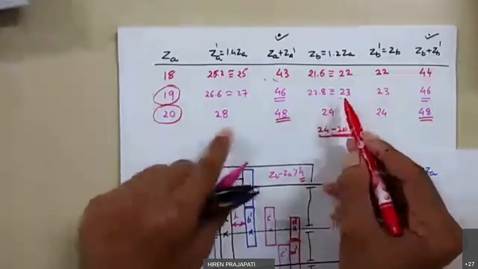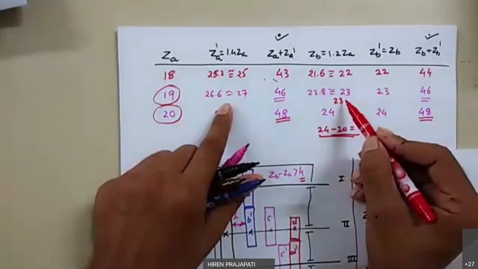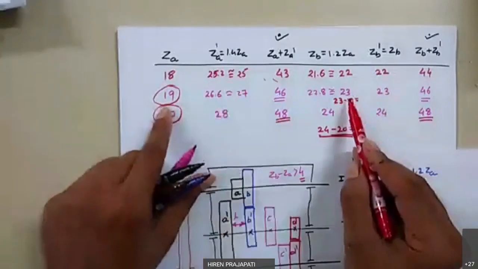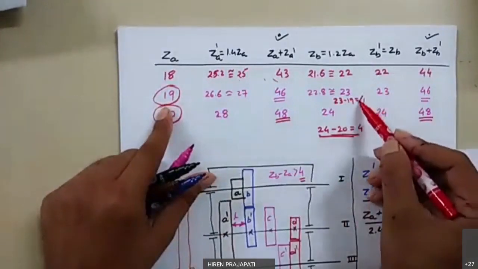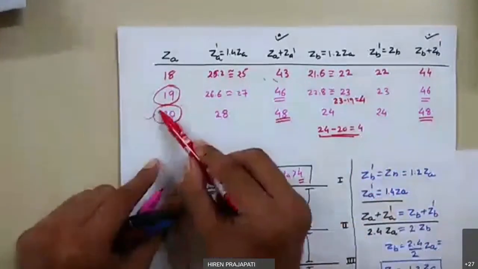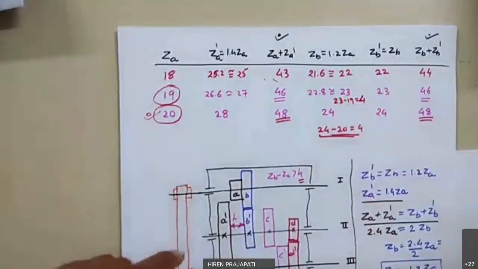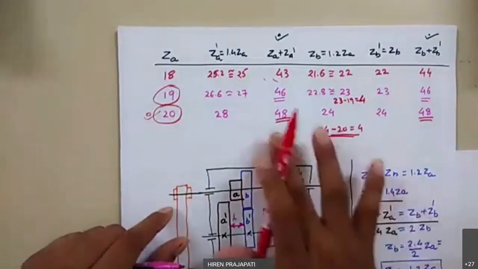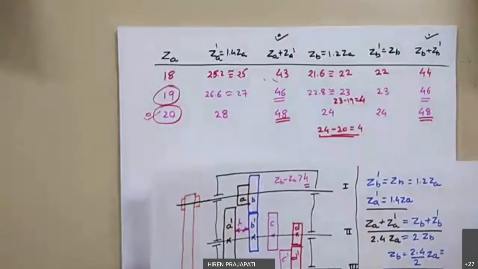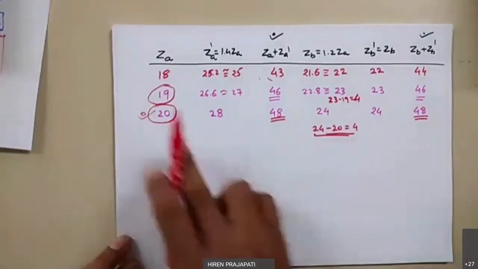But are we getting the same here? If you check here, 23 minus 19, again we are getting 4. In this way both are acceptable. But why are we selecting 20? Because here there is no round off. Here we are getting a fractionless value. So this will help us to achieve our theoretical speed in an actual way. In an actual situation, we will get the theoretical speeds. That's why we are selecting 20.